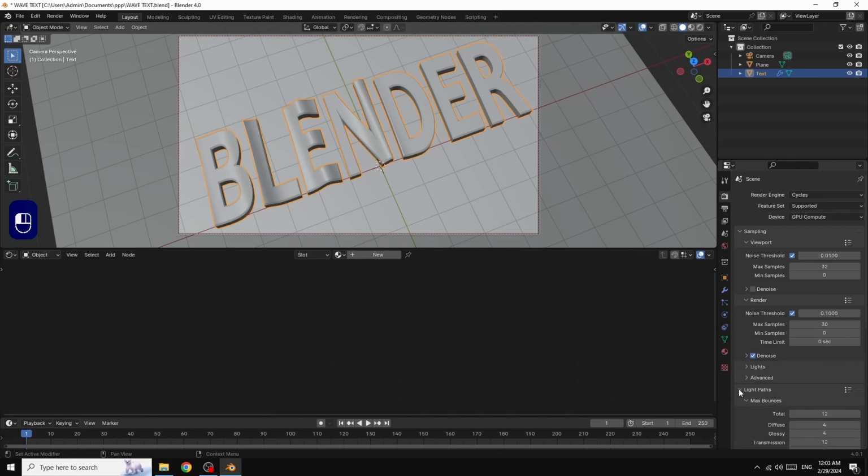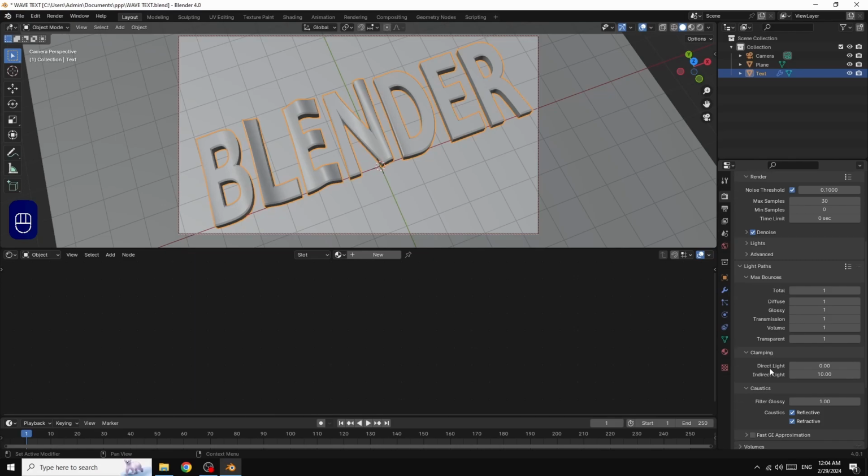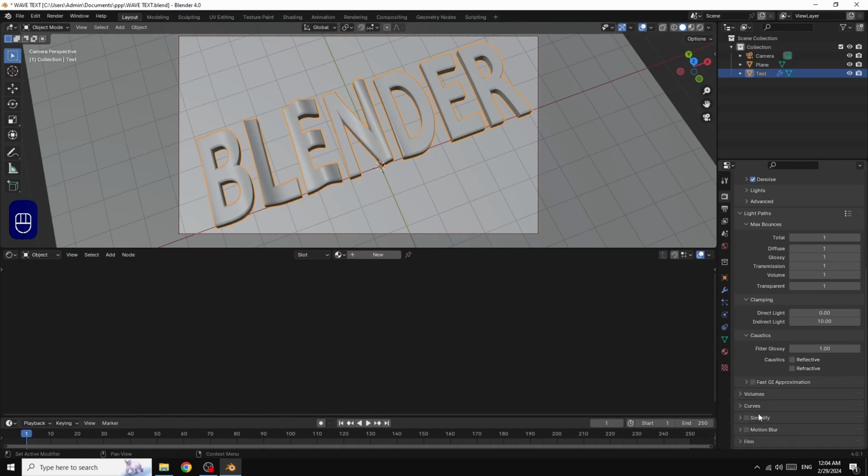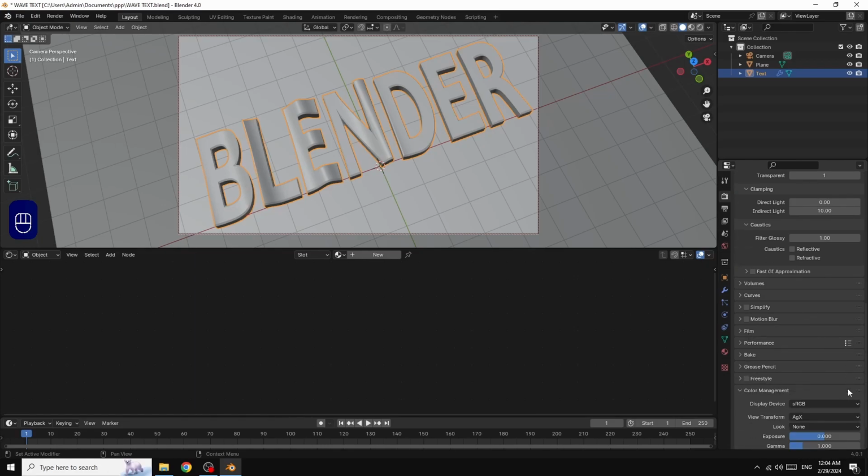In the light paths, left click, select all this and give it 1. Disable this and this, and go in color management, very high contrast.